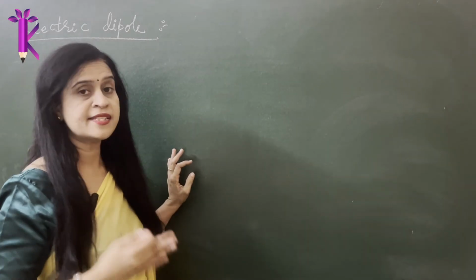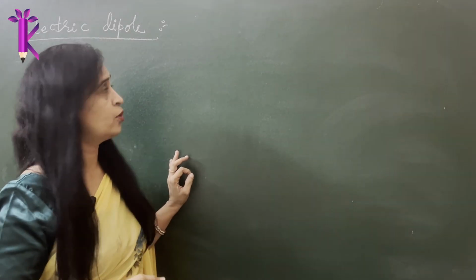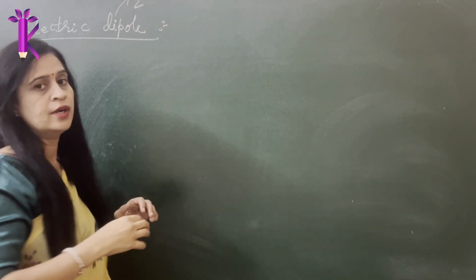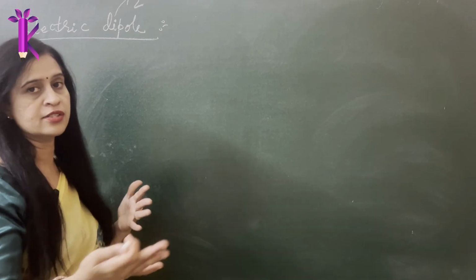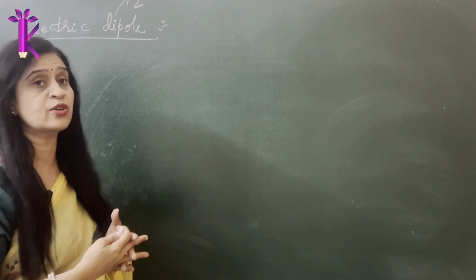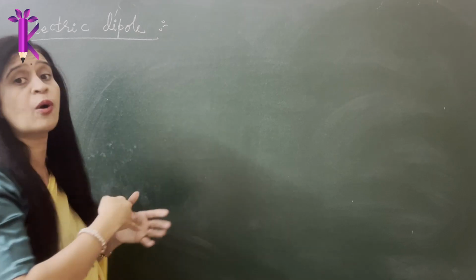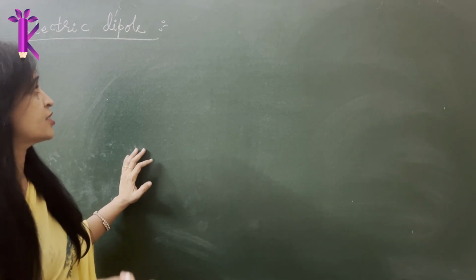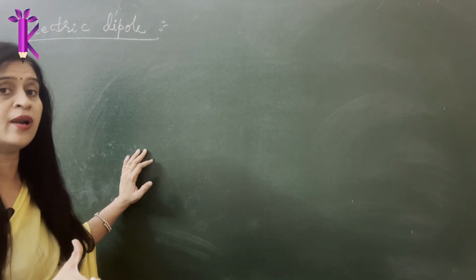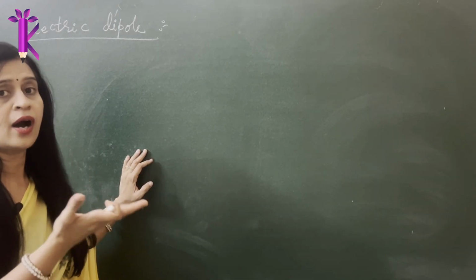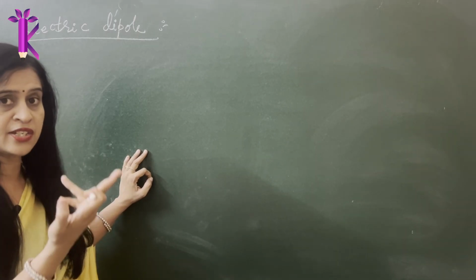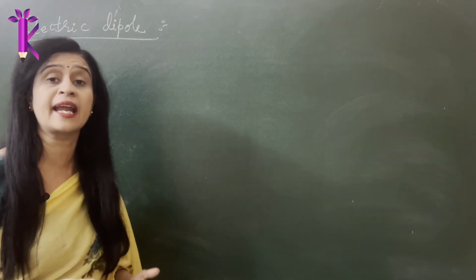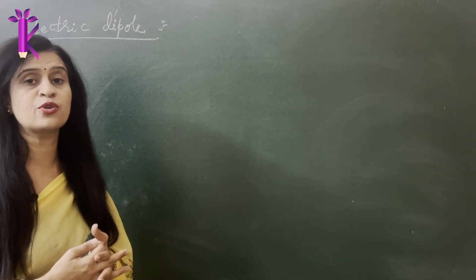Well, now let's introduce something called an electric dipole. As the name itself suggests, di means two, and pole is like you have the north and the south pole. Here, pole means polarity. So with a dipole, we are talking about two polarities. Obviously, what are the two polarities that we've been reading so far? They are the negative charge and the positive charge. So what is an electric dipole? An electric dipole is probably: you have two charges, plus and minus q, separated by a certain distance, due to which you have an electric field created. Such a thing is what is referred to as an electric dipole.